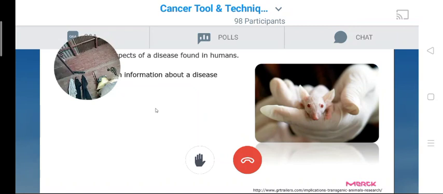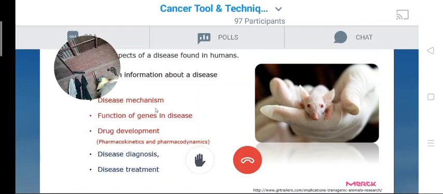For example, suppose there are many cancer associated genes and mutations which are well characterized. So what we can do is we can always express those human genes in animals and see how animals are behaving, how disease is progressing in animals, right? In this way we can understand the function of different genes, their role in disease progression, which cannot be achieved in cell culture, right? So we can understand the disease mechanism by using animal models.